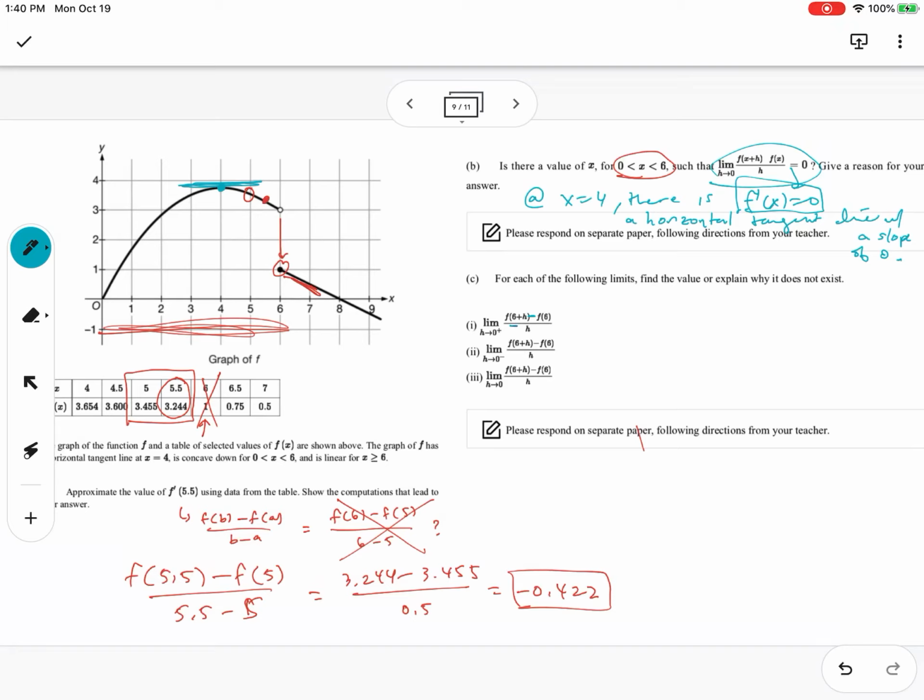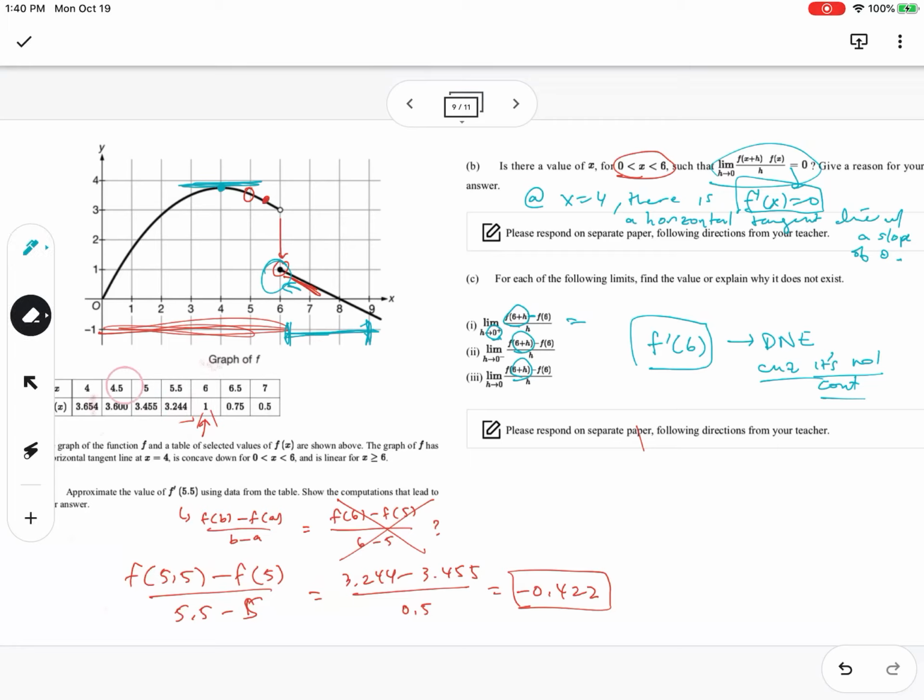Okay, and then for part C, now we're looking at 6 plus h. So we are looking at this half of the graph, and we are interested in f prime of 6, basically. But we already know here at 6 that it's going to be d and e because it's not continuous. So keep that in mind as we're solving this. Now, for each of the expressions, find the limit. So as h approaches 0 from the right, so here I am approaching 0 from the right, I would use,